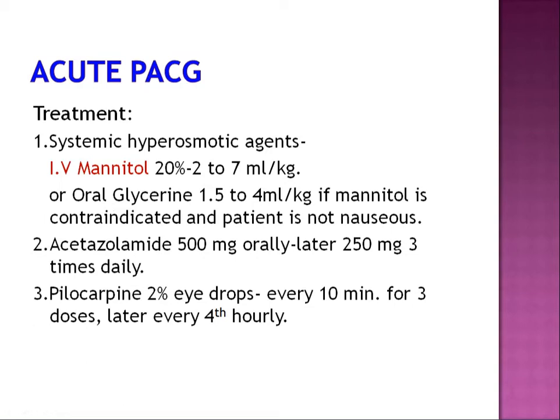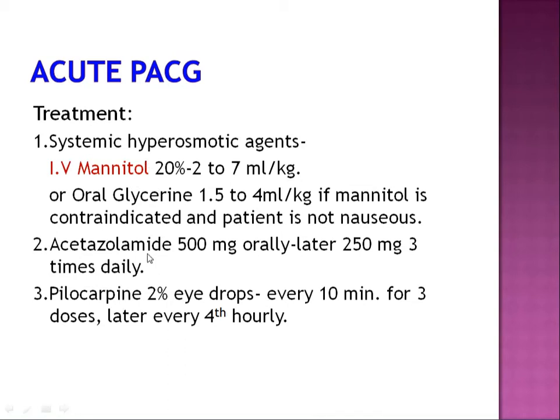So the vitreous volume shrinks, and the AC becomes a little deeper so that the angle opens. This will help you to bring down the intraocular pressure. If the intraocular pressure is above 50, go for mannitol. If it is somewhere around 30, go for systemic Diamox or acetazolamide 500 mg.